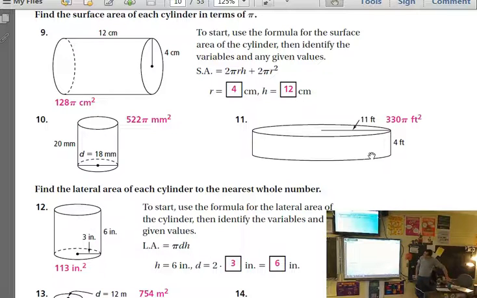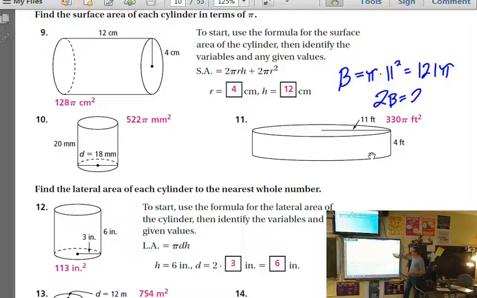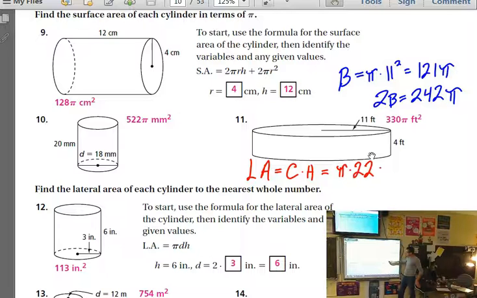11. Find the surface area of each cylinder in terms of pi. So for my base area, pi times the 11 squared. 11 squared is 121. So then my 2 times my big B will be 242 pi. To find my lateral area, that's going to be my circumference times my height. So my circumference is pi times the diameter, which is 22, times the height of 4, gives me 88 pi. And when I add these together,